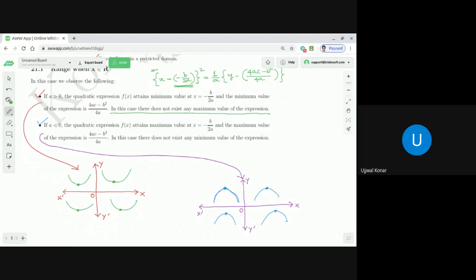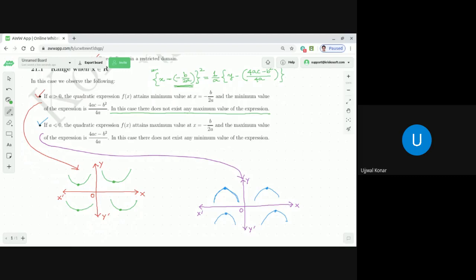So now I hope you understood, dear students, why a fundamental understanding of the parabolic structure is important to visualize things. You can memorize, and that is important, but along with this memorization, if you can make a mind map of this graph, it will be very efficient, right? Isn't it, dear students? So these are the two conclusions we made.